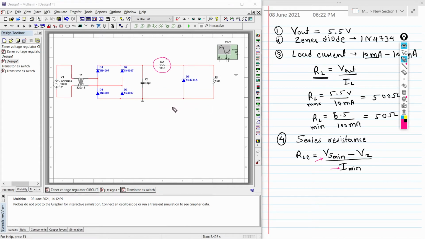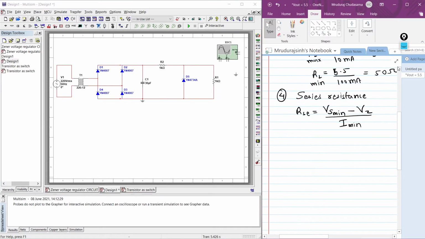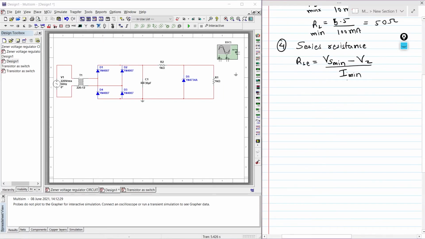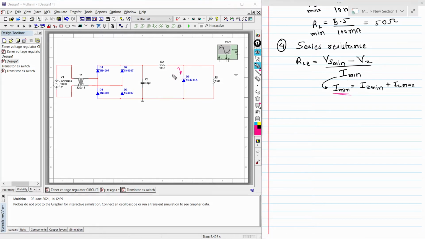Let me write the equation to calculate I minimum. So this is the equation for I minimum. Now this current is Iz current, this is IL, and this is our supply current.